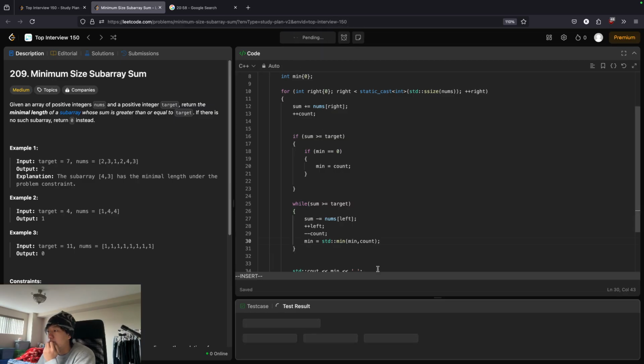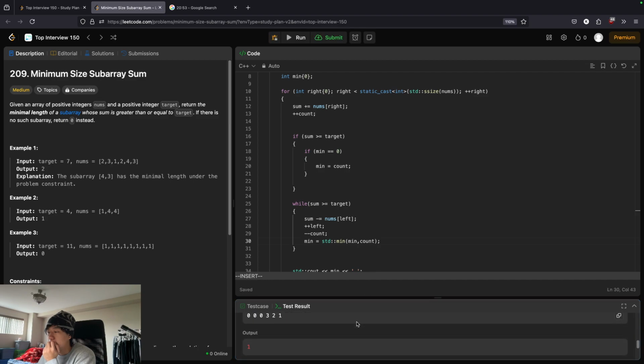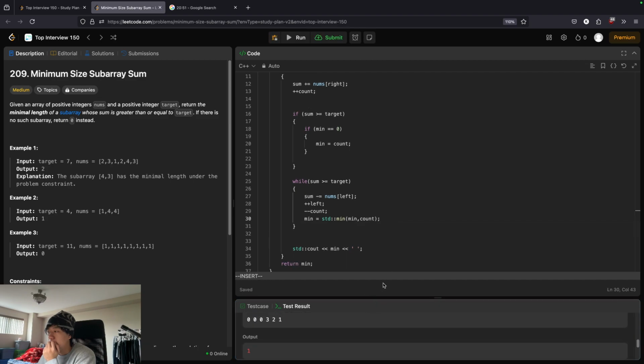If we take it in here though, I don't think it'll work either. 2 and 1. Unless we do